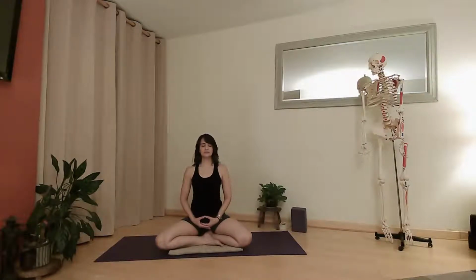Lengthening through the spine, keeping your natural curve, so the lumbar spine moves a little bit towards your belly button, the thoracic spine a little bit back, and then the cervical spine a little bit forward. And let's go ahead and from here, we'll take a few moments to say a few words. This will be an introduction to a simple meditation practice where you will do a version of